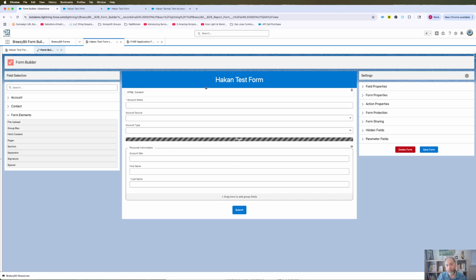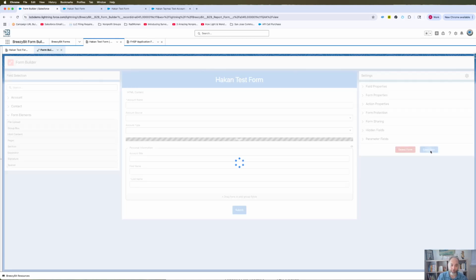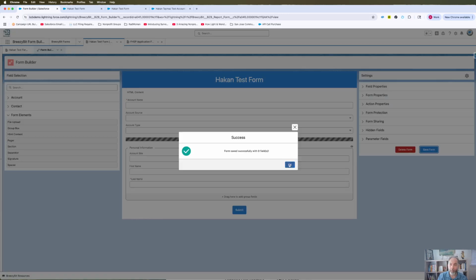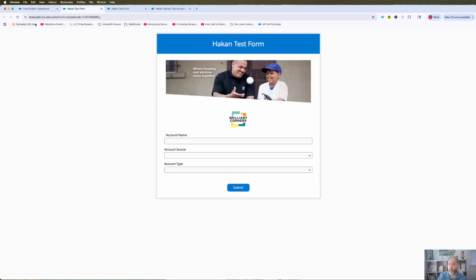So this part is going to be the first page. This part is going to be the second page. I don't need to do anything else actually. I can just save my form. And if I go to my form here, and it's a one-page form, but if I just refresh the page,